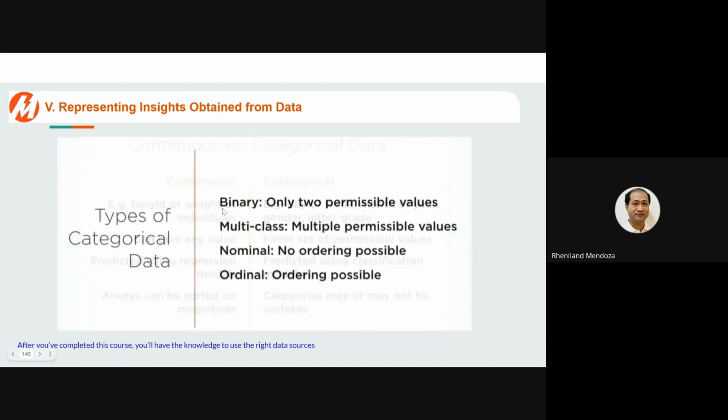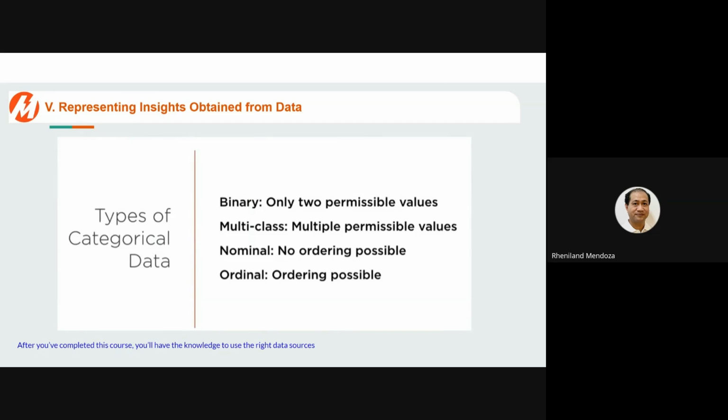Now let's quickly discuss the four types of categorical data that you might work with. First is binary, wherein you only have two permissible values, yes or no, male or female, whereas multi-class categorical variables have multiple permissible values, digits from 0 to 9, days of the week.